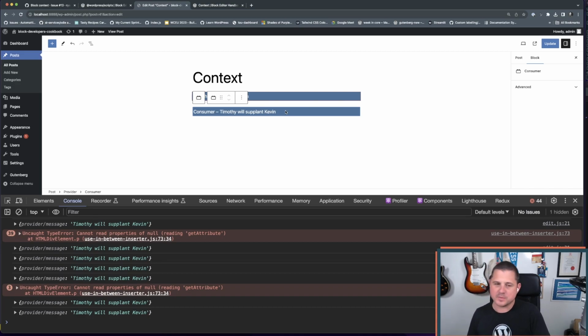Yeah, that's a great example. So you define something that you want all your child blocks to have access to, and I think that's a really great use of context. The other thing that context is very good for is when your block is in the